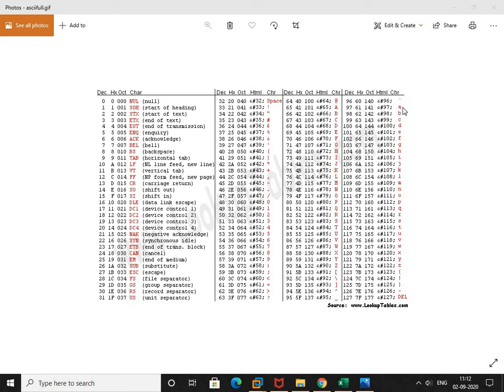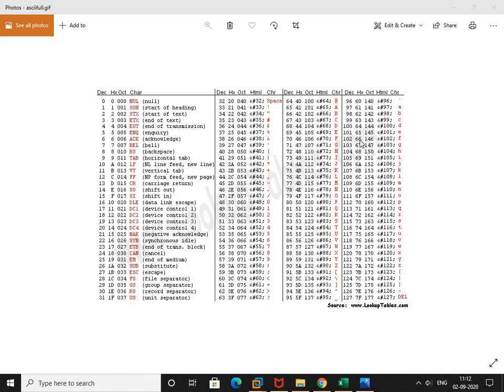Here small a is 61, small b is 62, and in the same way, up to small f it is 66H. So while giving input to such code, keep in mind that we are going to accept capital A to capital F and avoid small a to small f.